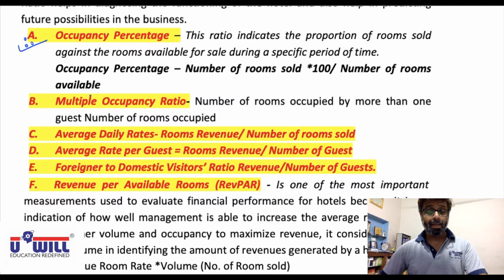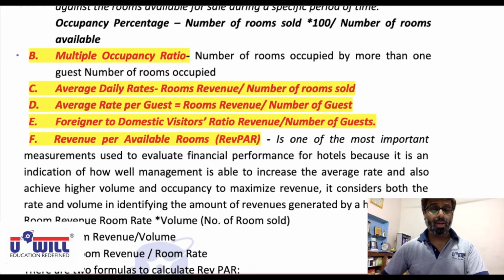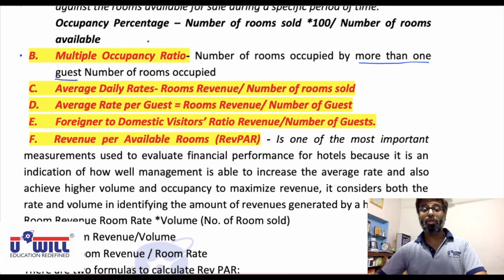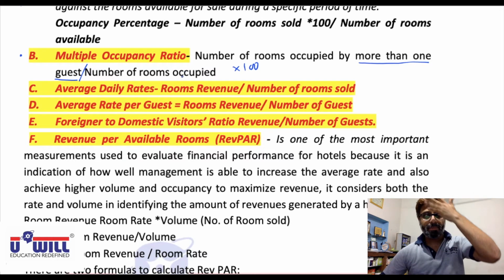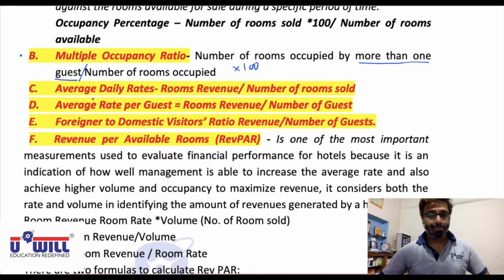It is asked. Multiple occupancy ratio, you can ignore it. It's not so important. However, we'll do it from theoretical point of view. But in practical questions, generally it is not covered. Number of rooms occupied by more than one guest. In MCQ it can be asked. So number of rooms occupied by more than one guest shows the multiple occupancy ratio against the number of rooms occupied. So normally it is number of rooms occupied by more than one guest divided by number of rooms occupied multiplied by 100. Anyway, as I said, it is not asked in exams. From theory and MCQ point of view, you can prepare it, otherwise no relevance.